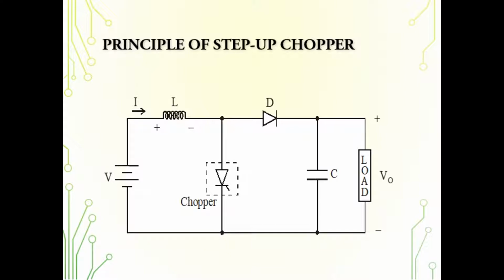So you can observe here this circuit is somewhat different from that of the step-down chopper. There you had the thyristor switch in series with the load. Here you have it connected across the load. And you observe that there are two components, that is L and C. So the value of the inductor and the capacitor which are chosen here depends mainly upon the requirement of the output voltage and the current.